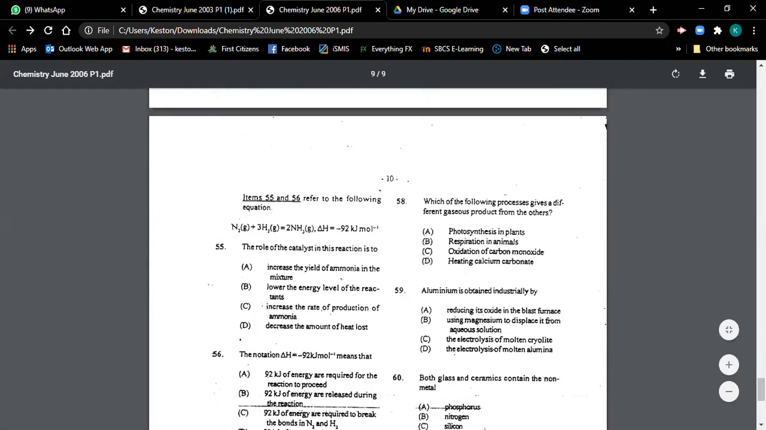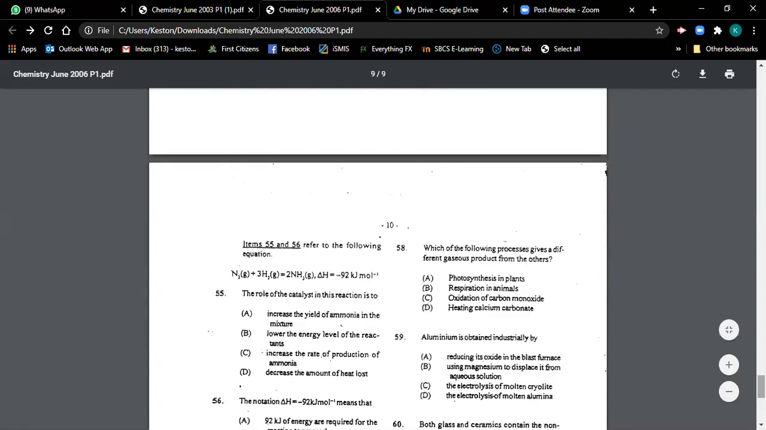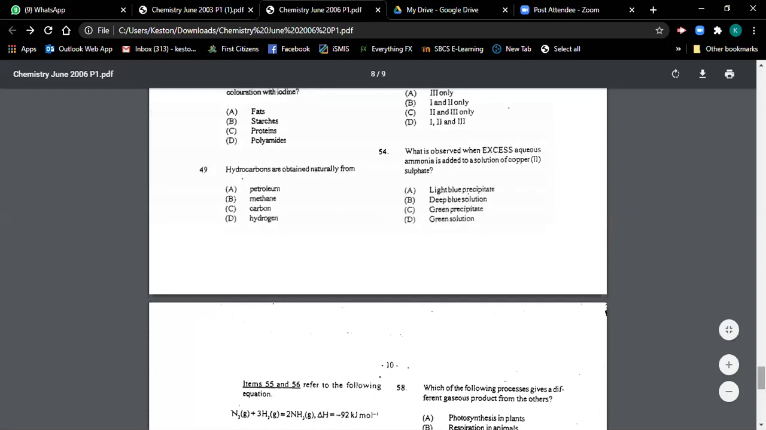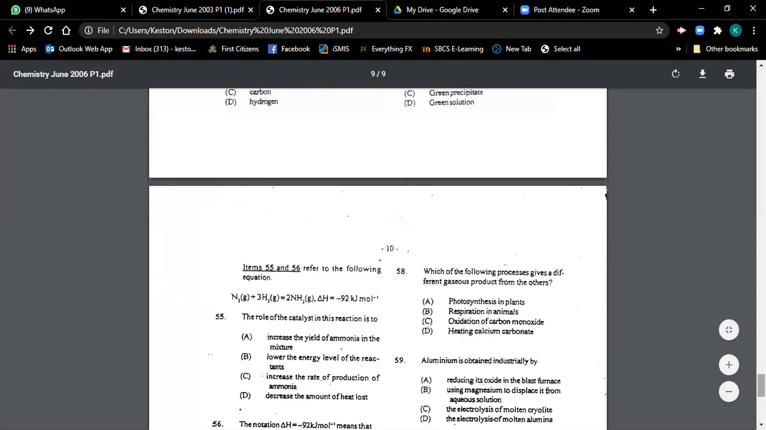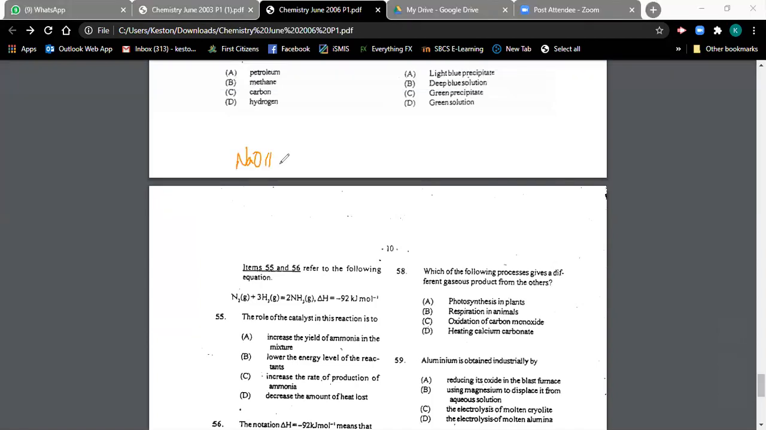So I was telling you that there are two types of tests. There are tests for cations, and the tests for cations usually involve the addition of sodium hydroxide, or ammonia solution. Right, so this is cations. Anions,